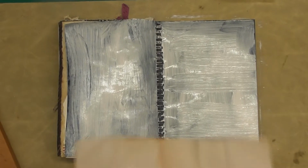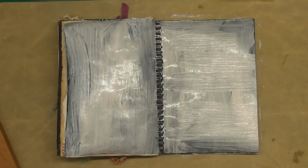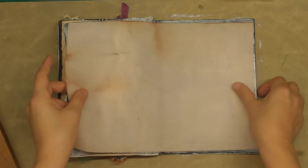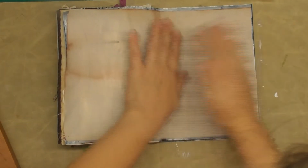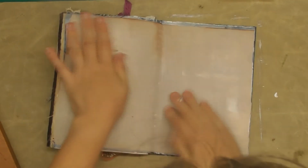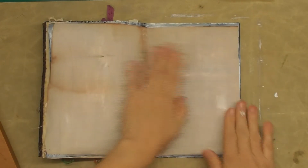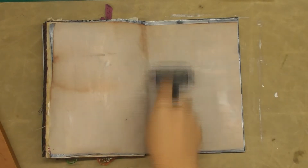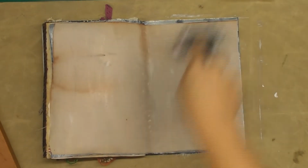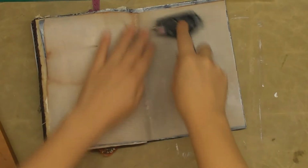So this is gesso. It's still wet. I'm going to lay the fabric over and use the gesso as an adhesive, basically. I don't care if it goes over the edges, and then what I'll do is I'll probably still fray the edges if I get to it. I'm just going to brayer this so that it sits flat or flatter,